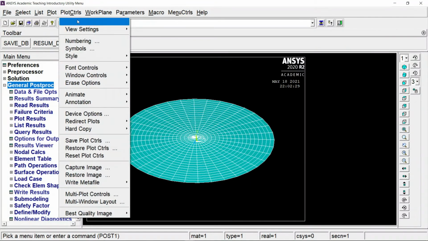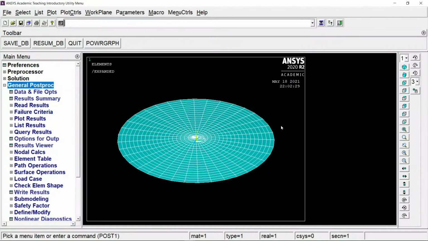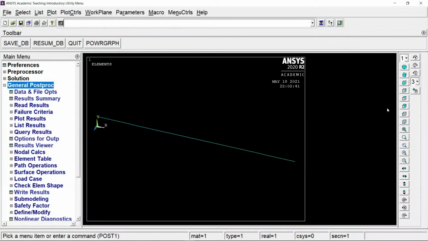Okay, let's close this. Need to replot. Come back to front view.